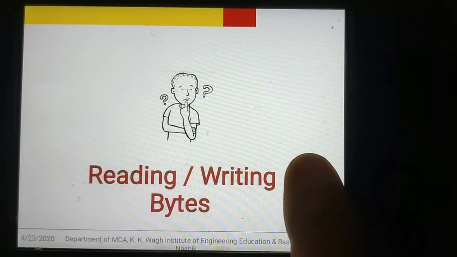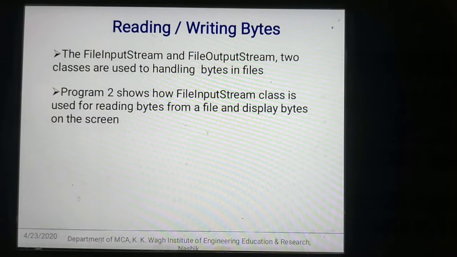For this also, if you remember the stream class hierarchy, we use the input stream and output stream. Similarly, for the file class, we get the file input stream and file output stream. So this is something to remember as a student. Don't be confused here between the file class and the stream class. If you remember the hierarchy, then you can easily remember this for either the stream class hierarchy or the file class hierarchy, because the names are almost the same.